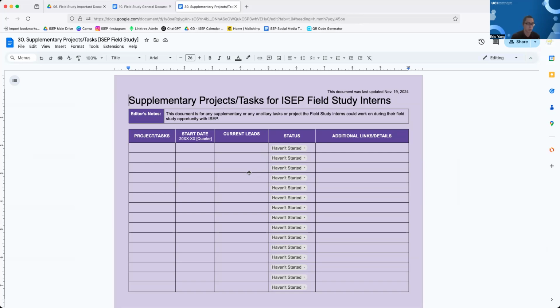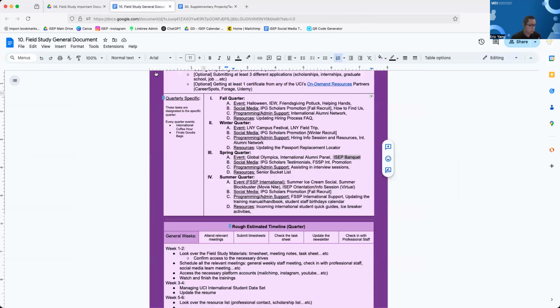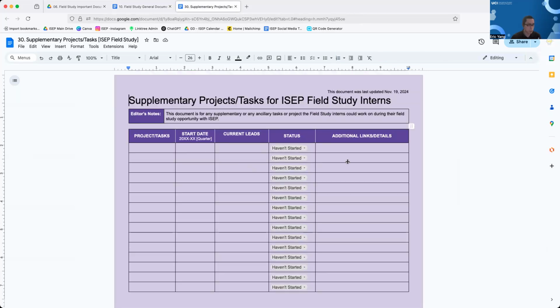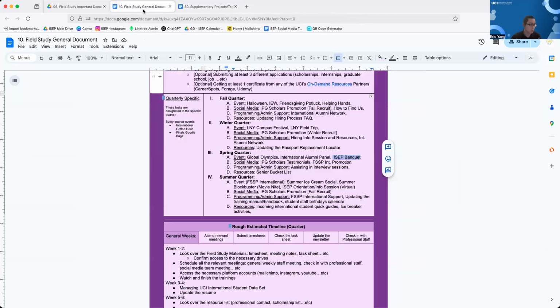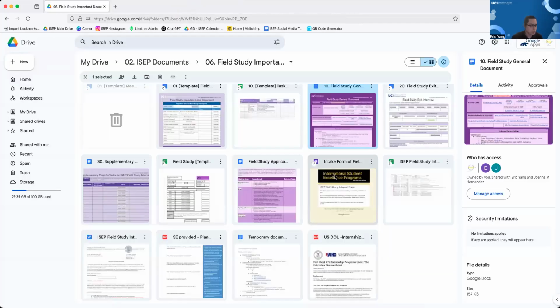And it's a great resource for students, and for field study interns to really put on their resume. It's also a great resource to have. So those are some things that they will put on here. Those are some big projects that we finish. Yeah, so those are some materials that we go over.